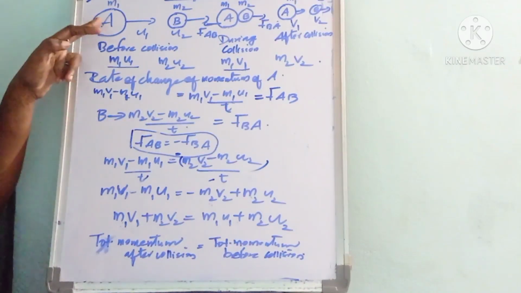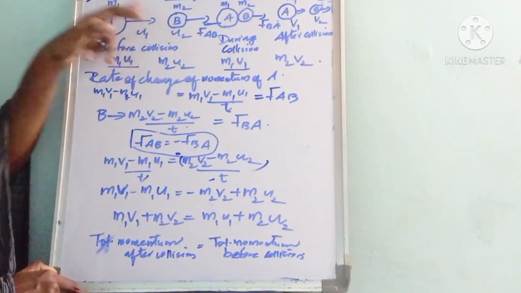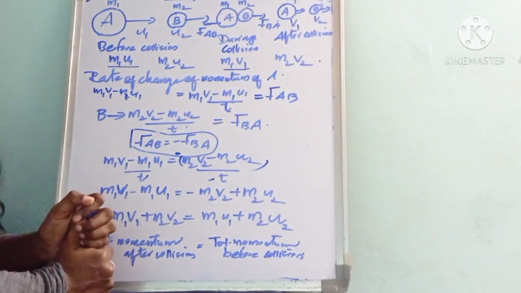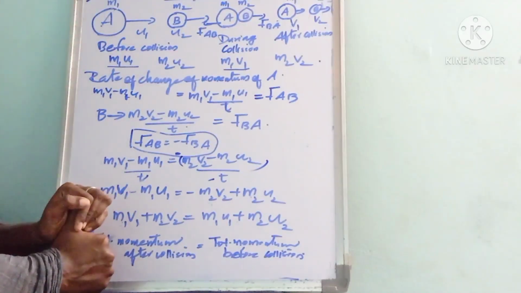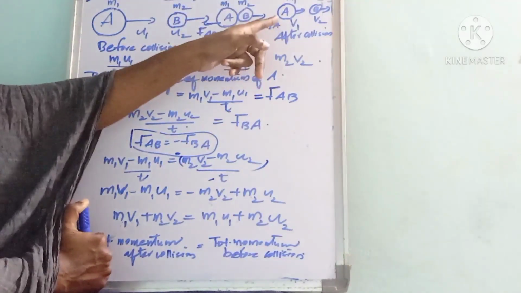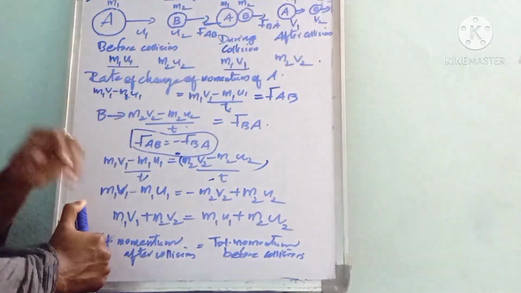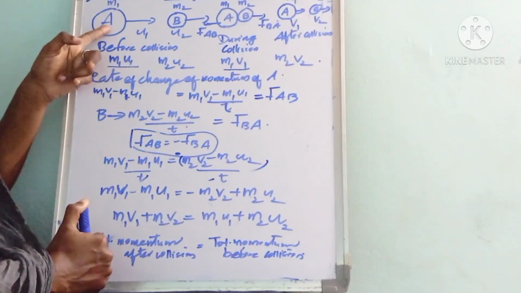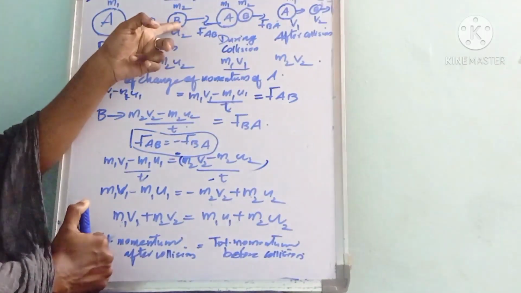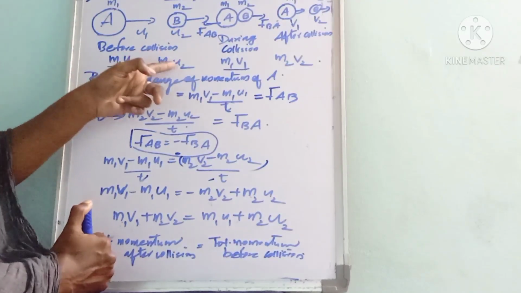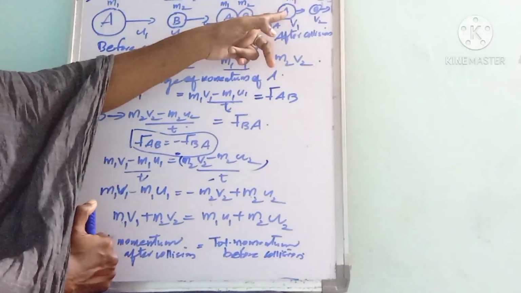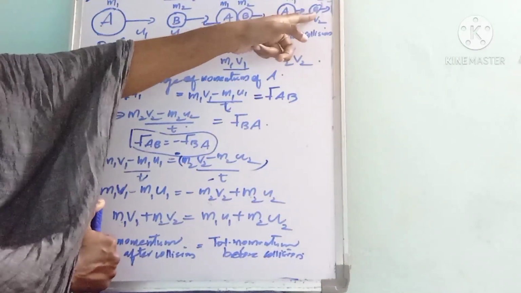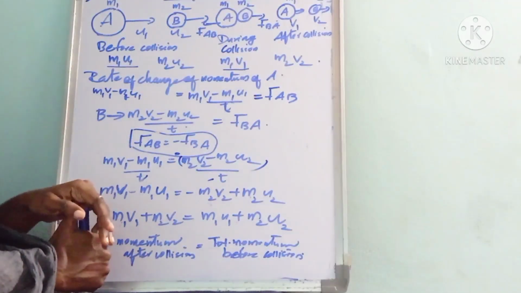Here we are considering two objects A and B having masses m1 and m2 that move with velocities u1 and u2. We are assuming that both objects move along a straight line with velocity u1 greater than u2. Then after collision, the two objects move with velocities v1 and v2. Then we can write the momentum of each object. Before collision, the momentum of A is m1u1 and the momentum of B is m2u2. After collision, the momentum of A is m1v1 and the momentum of B is m2v2.